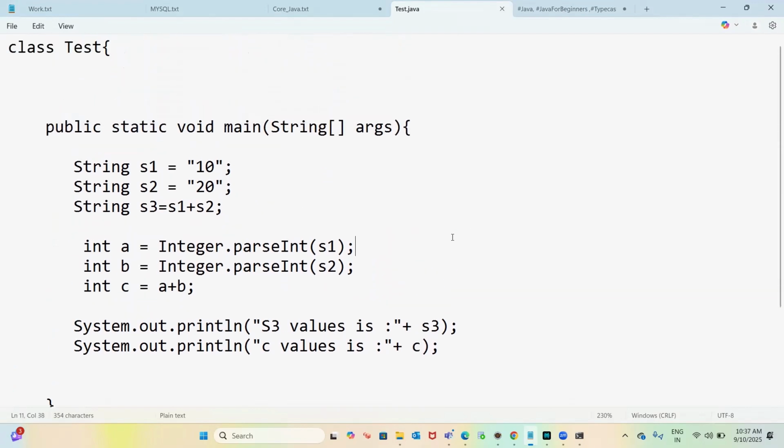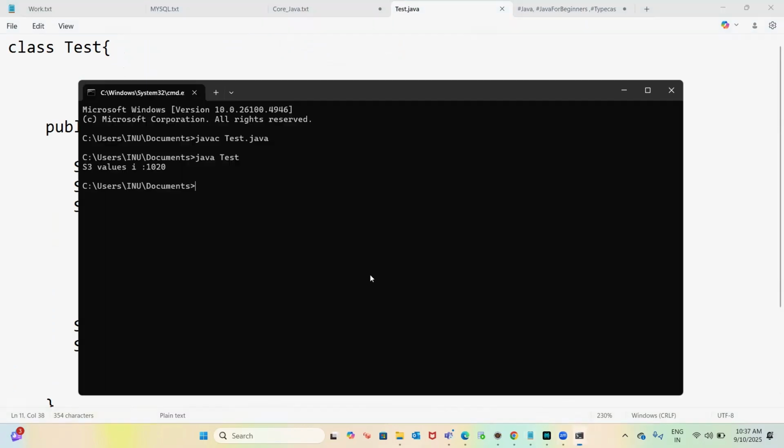Let me go to the CMD, and here, how to compile: javac, and then java Test. So what is the c value? 30. What is the c value? So that means,